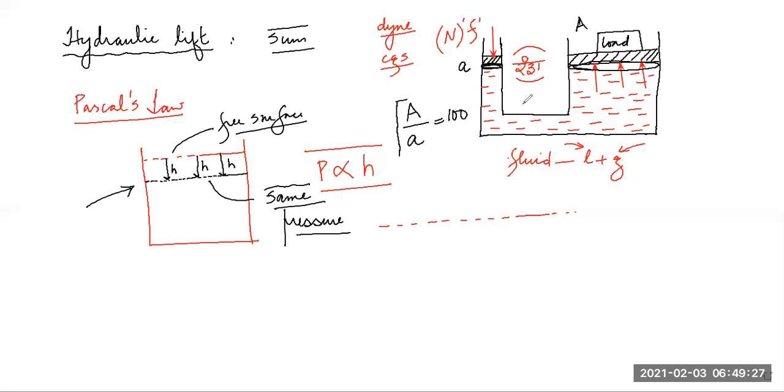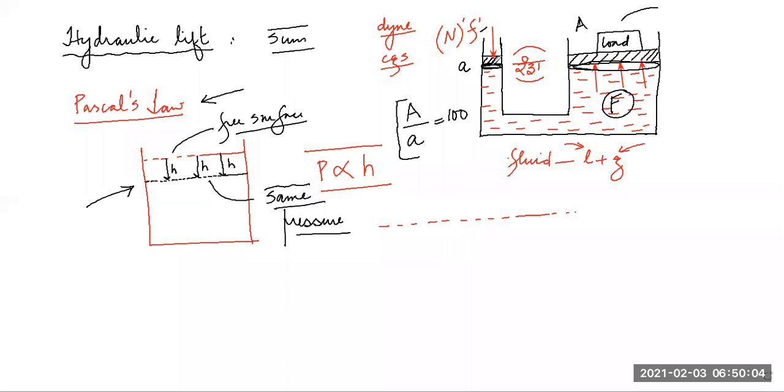What is this ratio? Big area on the other end, the second end of the hydraulic lift, where you will be placing the load, some tractor, some trolley, whatever it is. So on this side, the area is very small. This is the side on which you will be applying the force. When you apply force F, this other end also experiences force. Now, how much force it experiences easily comes from the understanding of Pascal law.